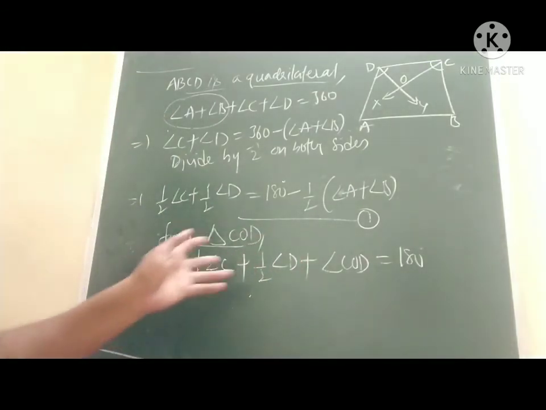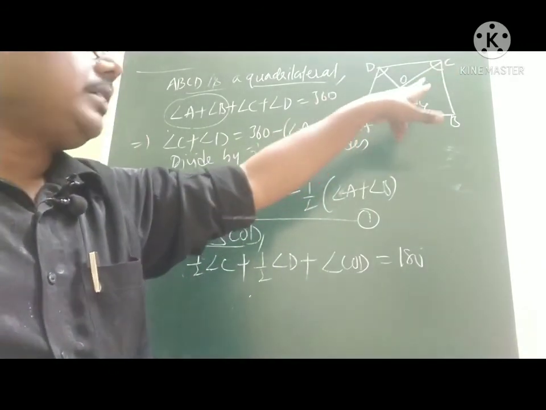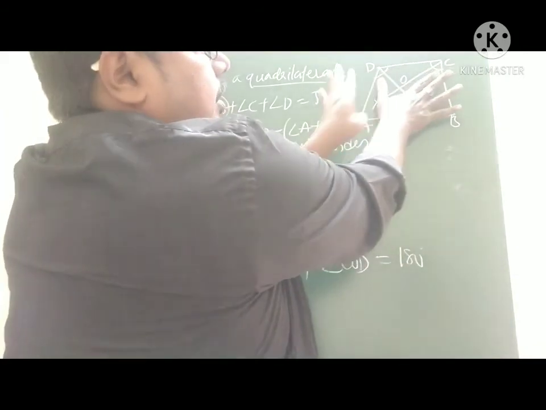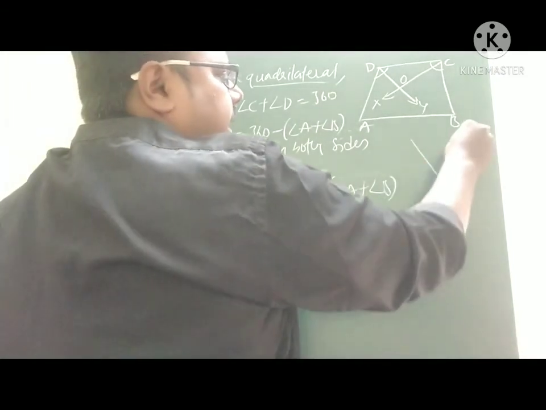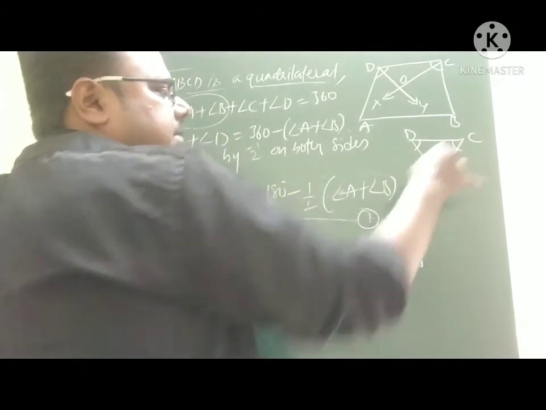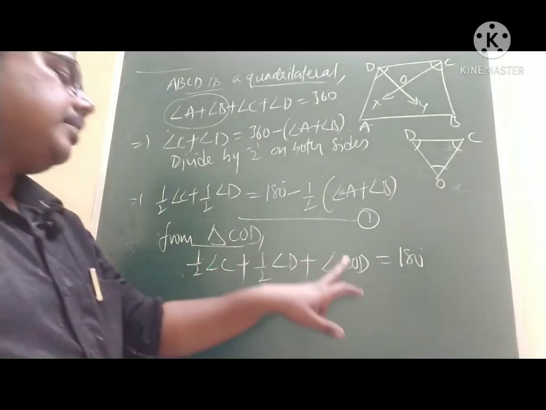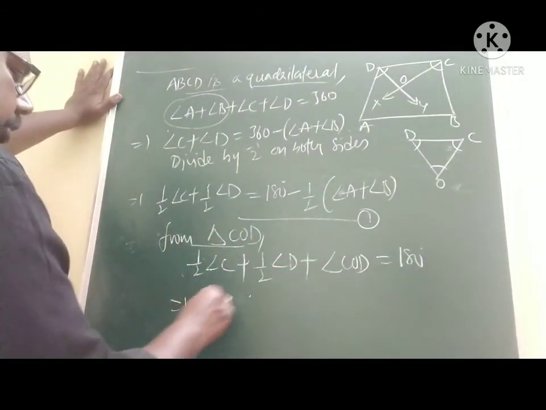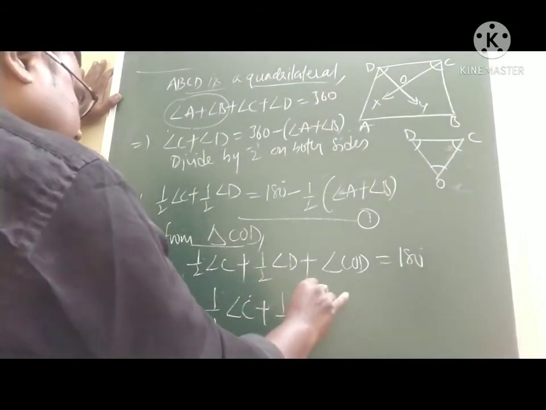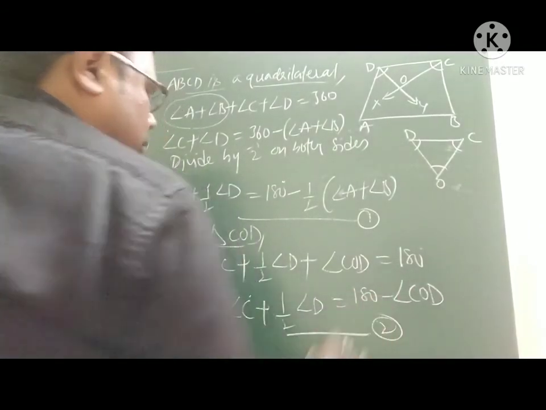So based on that, if we have the complete angle, we would write angle C plus angle D plus angle O, but this CX is a bisector, so we have only this much of the triangle. Let me draw the rough diagram here. So C, D and O. This angle plus this angle plus this angle is equal to 180 degrees. So half of angle C plus half of angle D plus angle COD is equal to 180. So here also I can write, half angle C plus half angle D is equal to 180 minus angle COD. Let me call this 2.